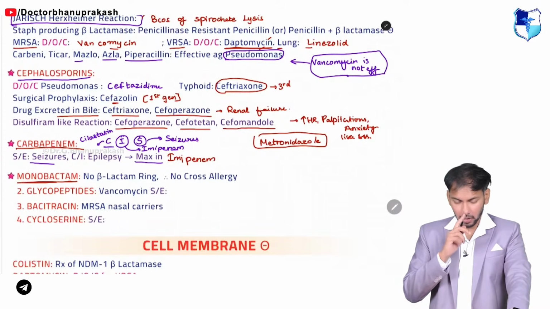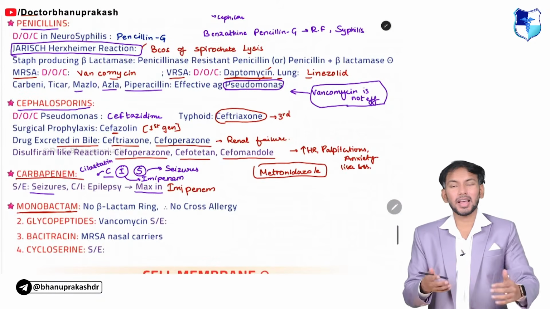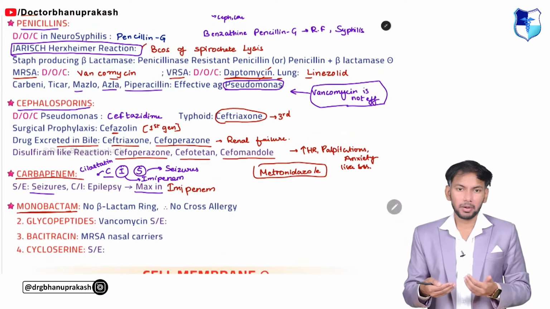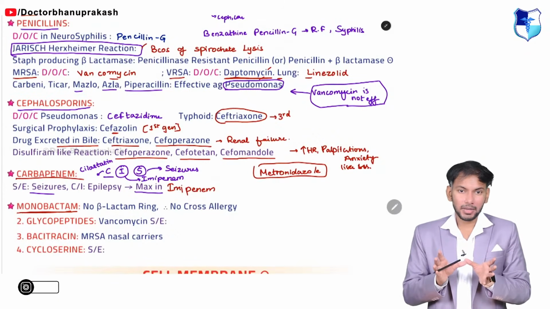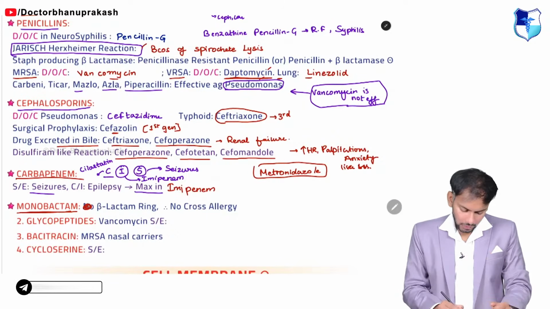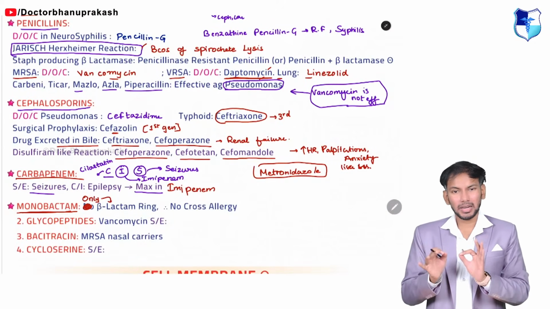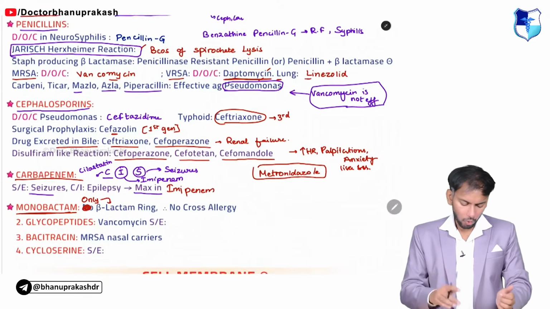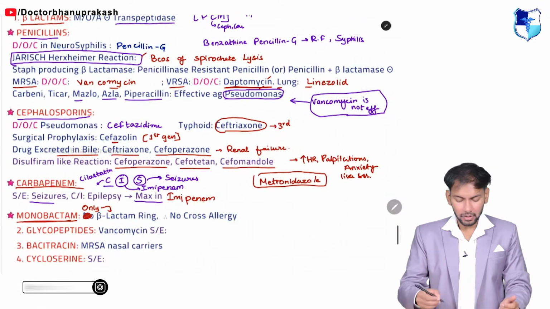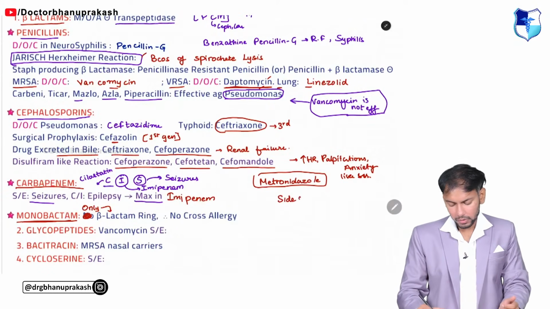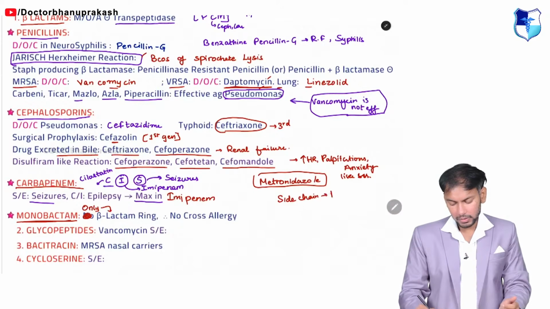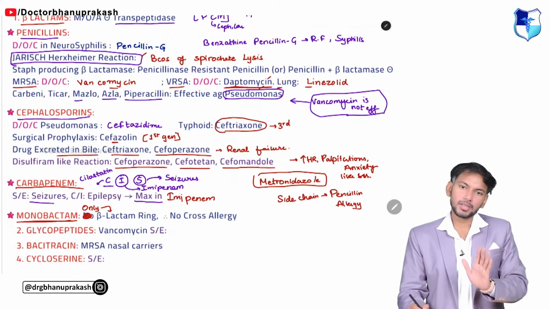Next is monobactam. Now, why are these known as beta-lactam antibiotics? All of them have beta-lactam ring and also a side chain. Now, in monobactam, it only has one ring, it only has the beta-lactam ring. There is no side chain. Now, all these three drugs have side chain. Because of the side chain, it causes penicillin allergy. So, if a person is allergic to penicillin, he will also be allergic to cephalosporins,